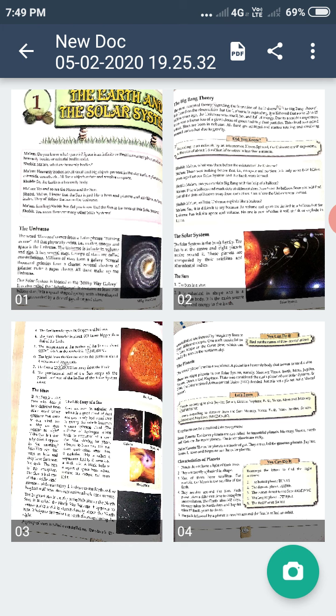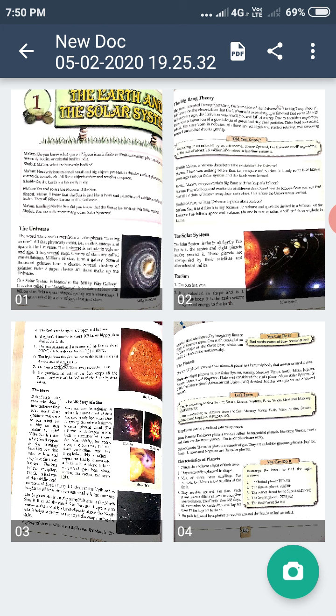They revolve around the sun. Each planet takes a different time to complete one revolution. Revolution means they revolve around the sun. They take a round around the sun, so that one round is completed in different time by different planets. So we live on the planet Earth, and we know that it takes 365 days to complete one revolution. Mercury takes 88 Earth days and Jupiter takes 12 Earth years to do so.